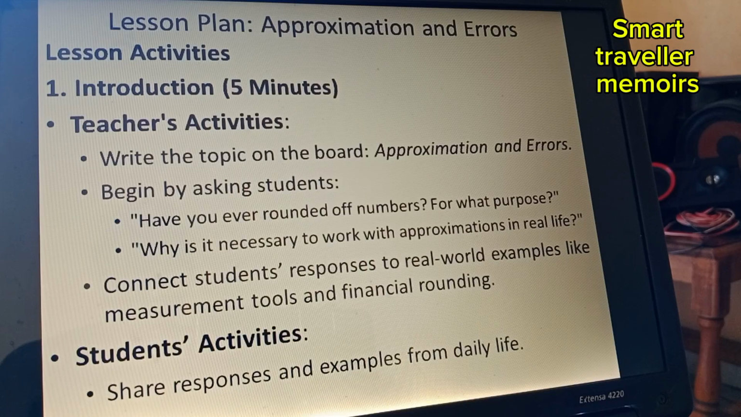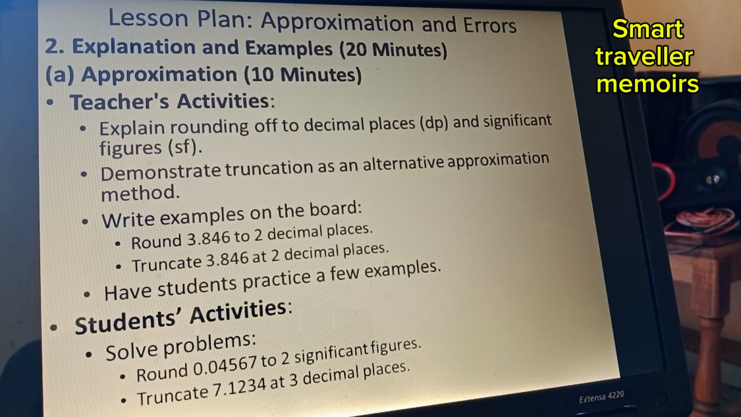Students' activities. Share responses and examples from daily life. Step 2 will take 20 minutes, explanation and examples. We have approximation, 10 minutes, and the teacher's activities will be explain rounding off to decimal places and significant figures,